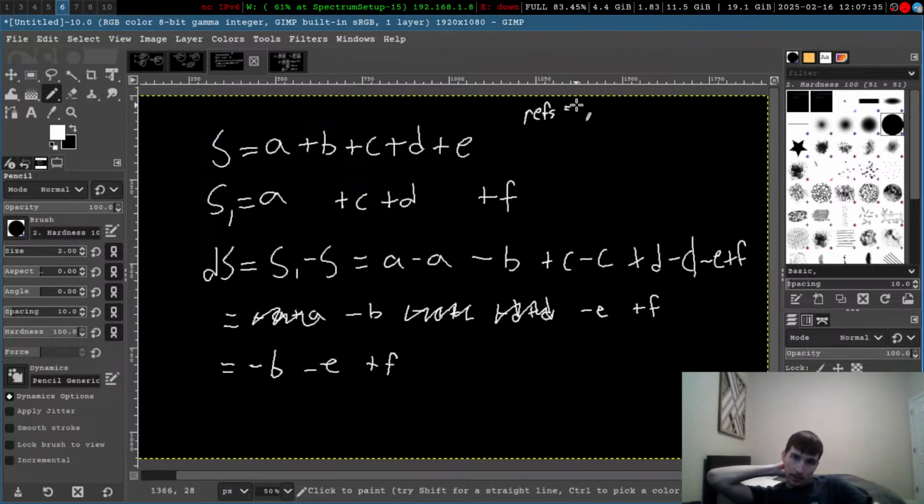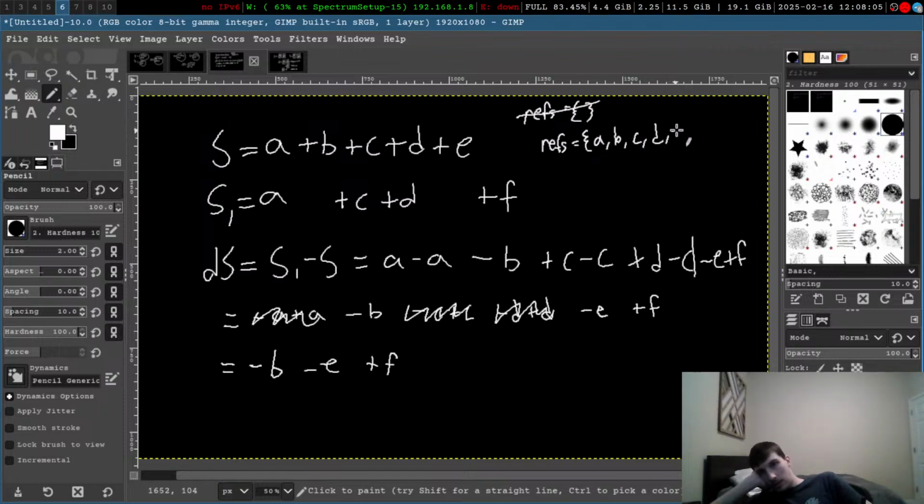We just have a refs list, and we just put A in it. So we have refs, and just imagine we're going through this thing. Okay, we have A in the initial state because we decoded an A, and then we have a B, and we have a C, and we have a D, and we have an E. At which point we know that given this, we just know that